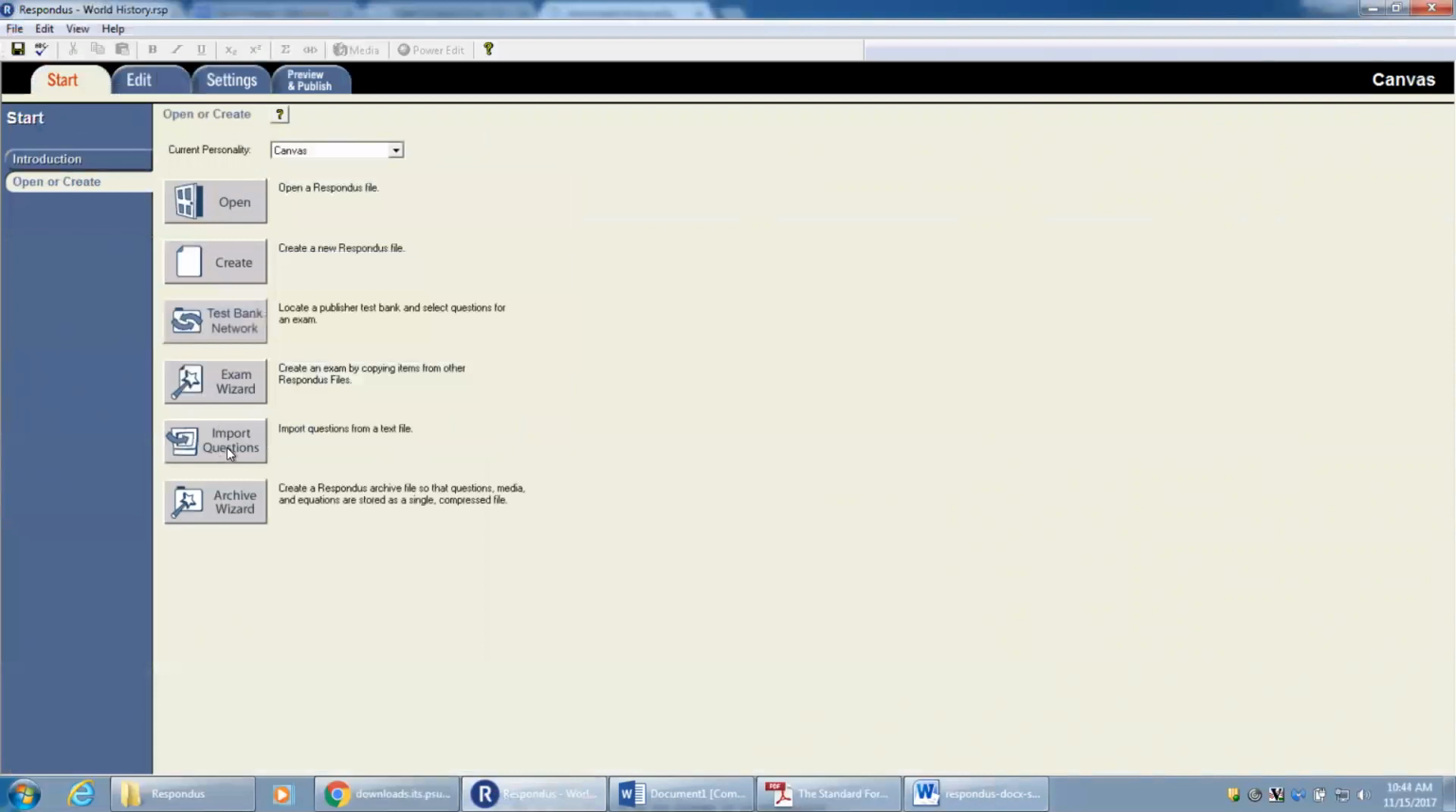But before we go to import questions, this reminds me that to import questions to Respondus, you have 2 different options. One is to import from the test bank network, which is from the textbook publisher. The second one, which we're going to demonstrate later, is to import questions from text files. But let me show you quickly about the test bank network. If I click on test bank network here,